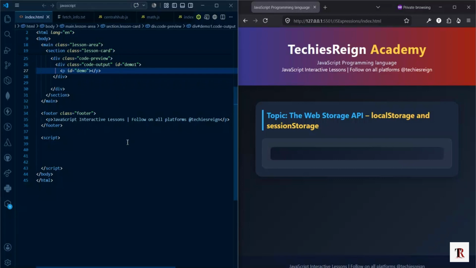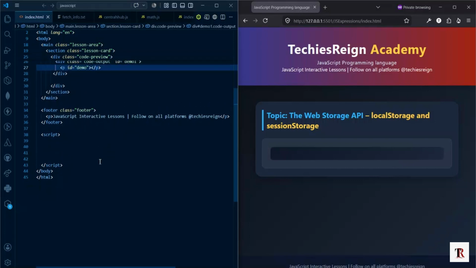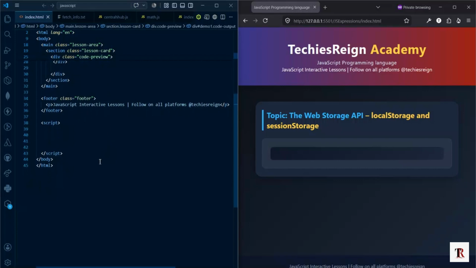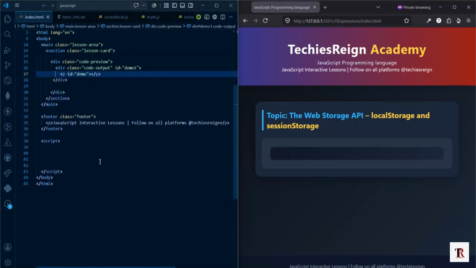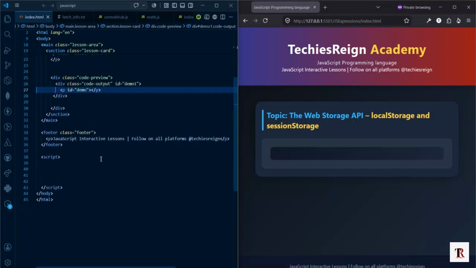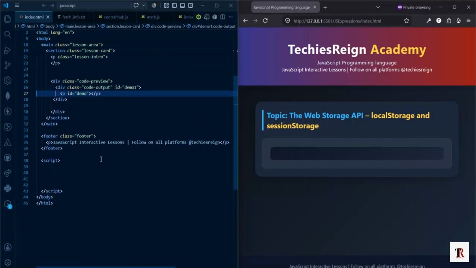Imagine your website as a memory. Normally, when a user refreshes a page or closes the tab, JavaScript forgets everything, like what theme they chose or what is in their shopping cart. So the web storage API helps fix this by giving the browser a little digital filing cabinet. So you can save data into this cabinet using simple labels and retrieve it whenever you need it without